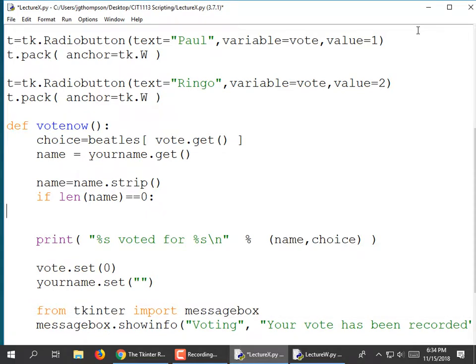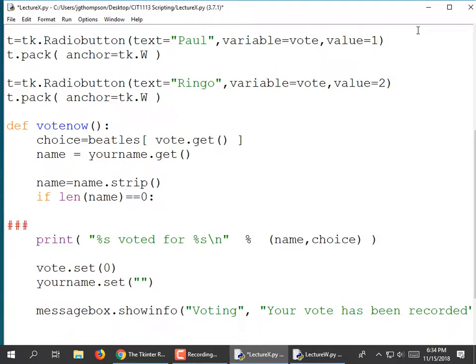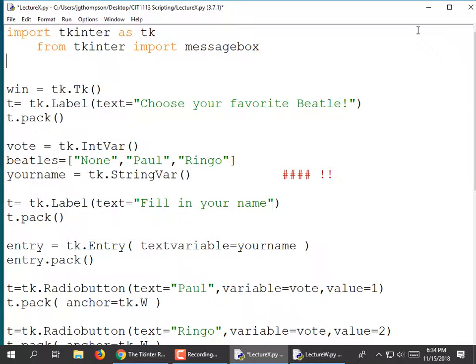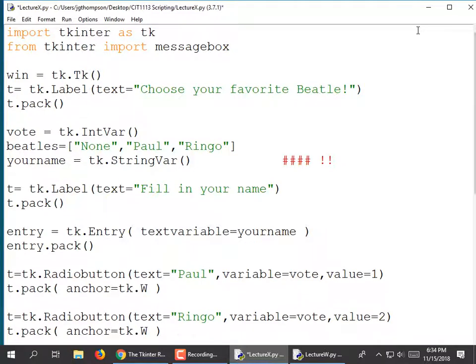So you see what I'm doing? I'm leaving this if statement alone. I'm going to come back and fill it in. But for now, I need to take that import and paste it up at the top. Why? Because I don't want to add multiple imports for the same thing. And really, that should not be necessary. We should have been able to use tk.messageBox, but